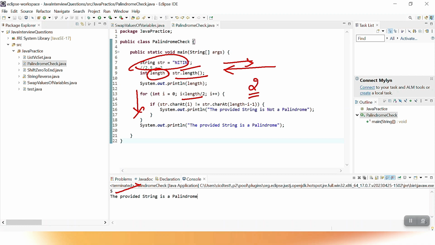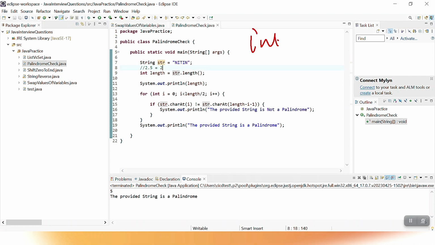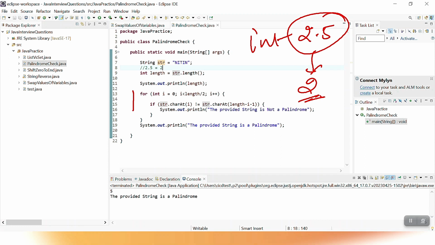in this case. Why? Because integer is not going to take the decimal value. So integer is gonna take whatever value is before the decimal. अगर integer की value 2.5 आती है, then integer is gonna store that value as 2. So ये loop count इस particular case में चलेगा 2 बार।